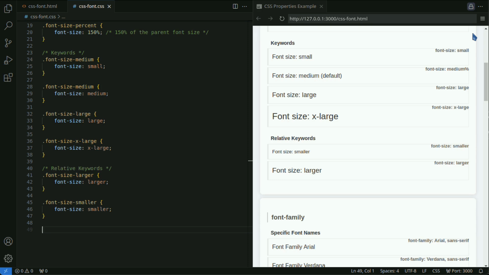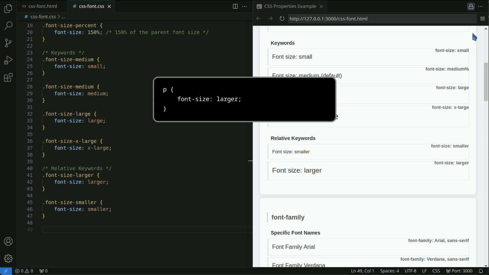You can specify relative font sizes using keywords in relation to the parent element or surrounding text size. Larger makes the font size larger than that of the parent element. Smaller makes the font size smaller than that of the parent element.